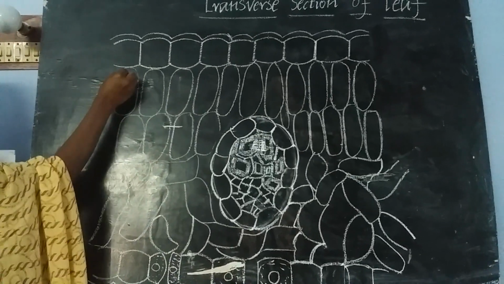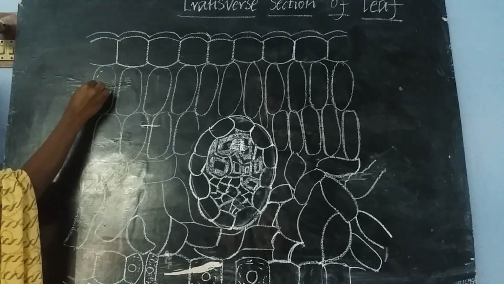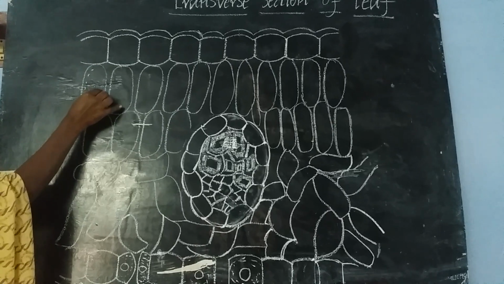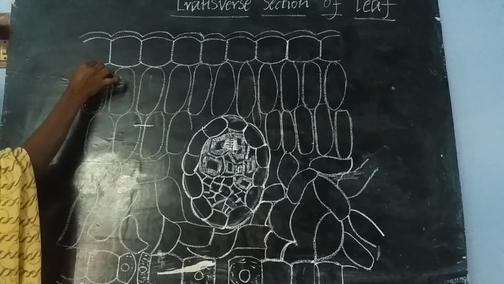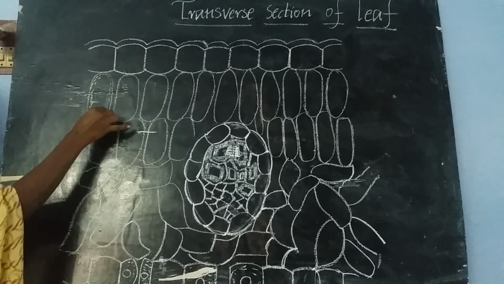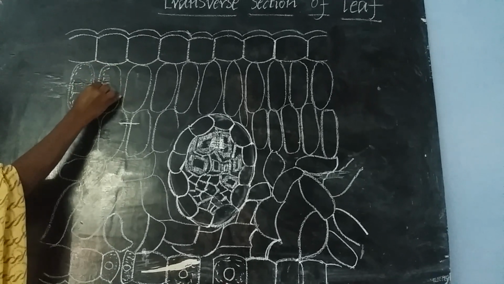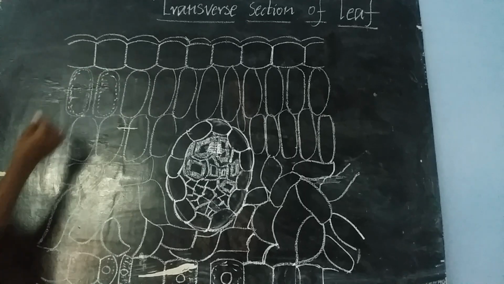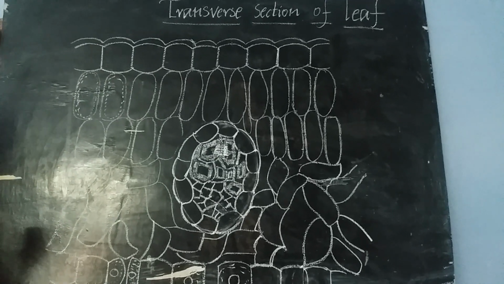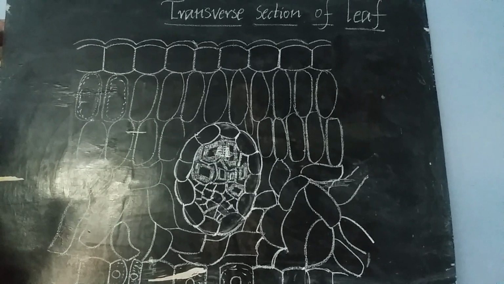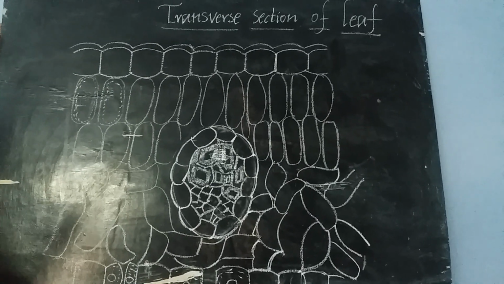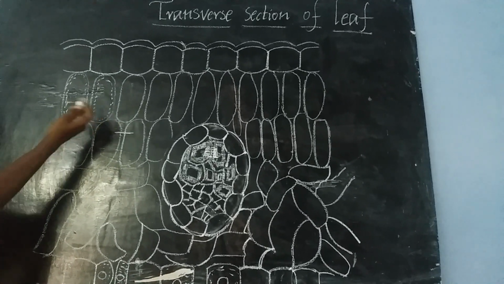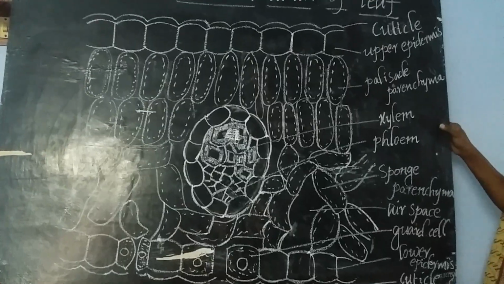Now I am filling the palisade parenchyma with chloroplast. A greater number of chloroplasts is present in the palisade parenchyma when compared with spongy parenchyma. Like this, you just have to dot. You draw small dots and do the same for the spongy parenchyma along with the palisade parenchyma. This is the outlook of the